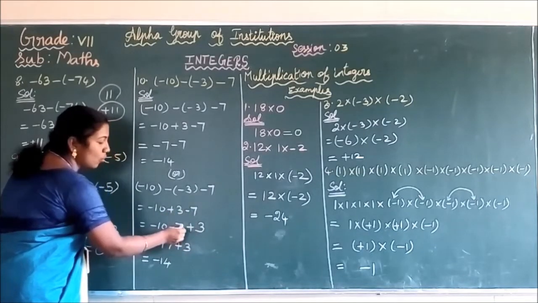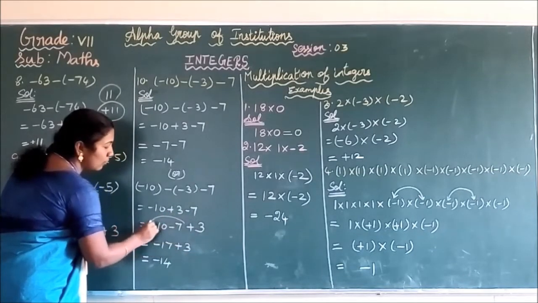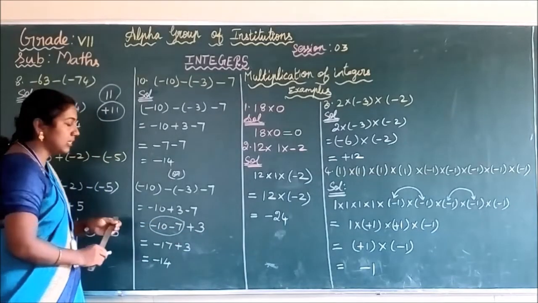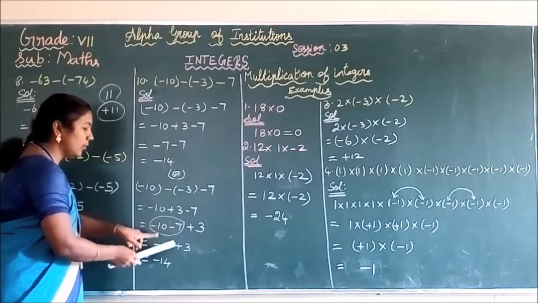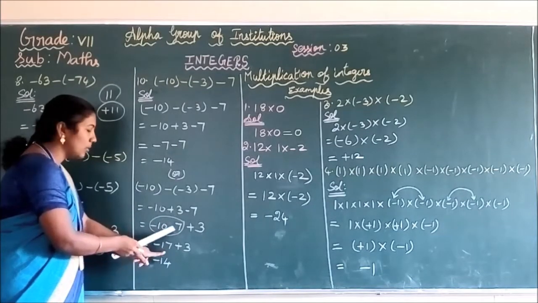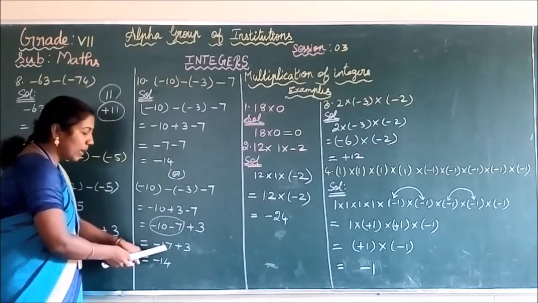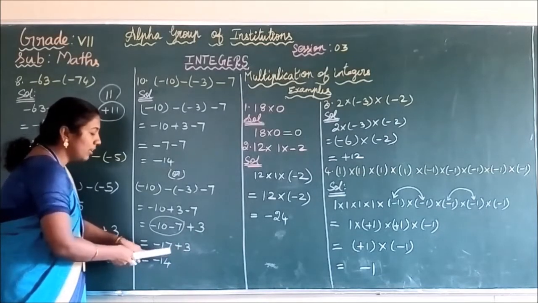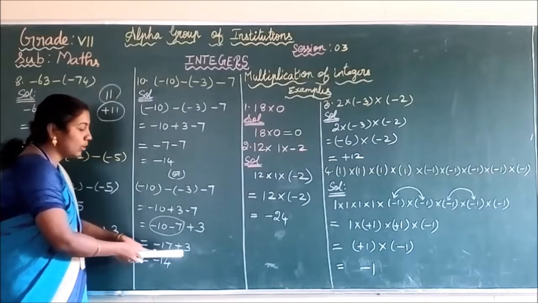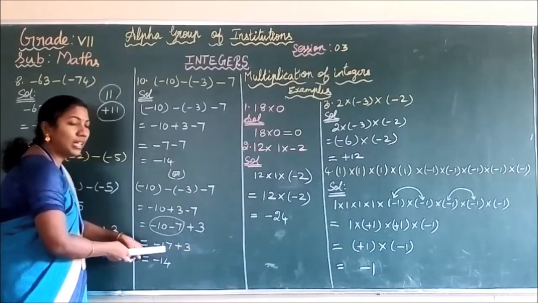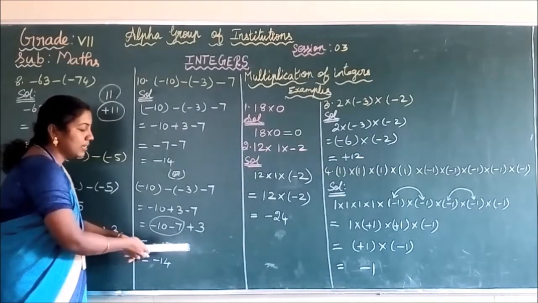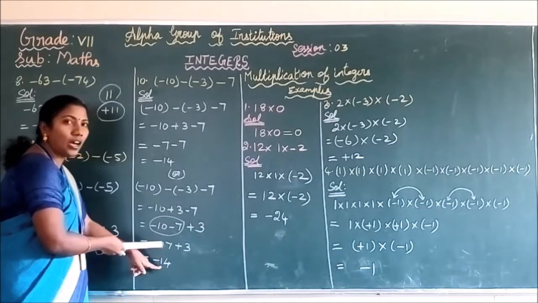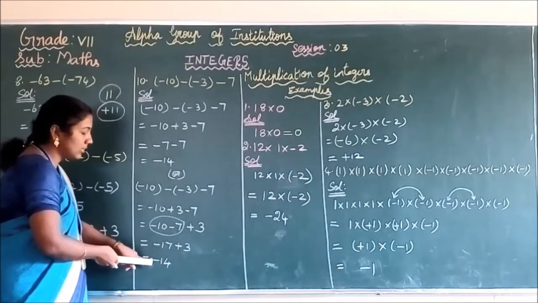It's clear, children? Now, according to rule 1, if the given two integers are of the same sign, you have to sum the integers. So add 10 plus 7, you get 17, and the sum takes the common symbol minus. Thus minus 17 plus 3. As per rule 2, the given two integers are in different symbols. So you have to subtract the smaller number from the bigger number. That is 17 minus 3, you get 14, and the result takes the symbol of the larger number. Thus the 14 takes the symbol minus.